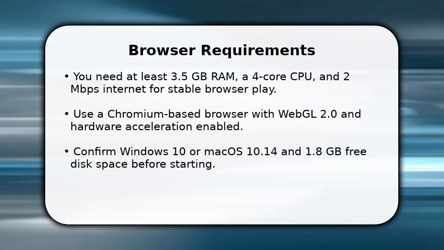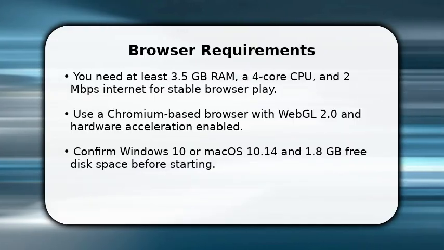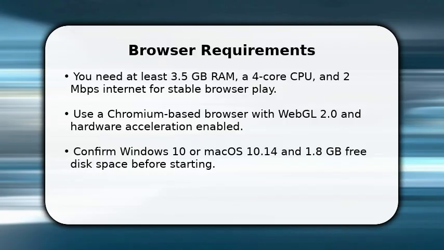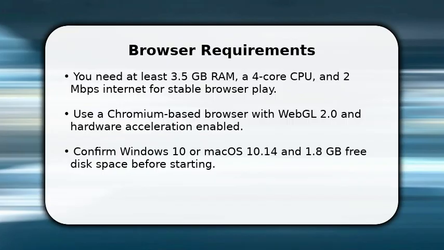To play PUBG Mobile in a browser, first confirm system compatibility and network bandwidth. You need at least 5 GB RAM, a 4-core CPU, and 2 Mbps internet for stable browser play. Use a Chromium-based browser with WebGL 2.0 and hardware acceleration enabled, and update the GPU driver to the latest release. Confirm Windows 10 or macOS 10.14.1 or later, and 8 GB free disk space before starting. Also check your browser is 64-bit and allow microphone and keyboard access when the web client requests permission for cloud